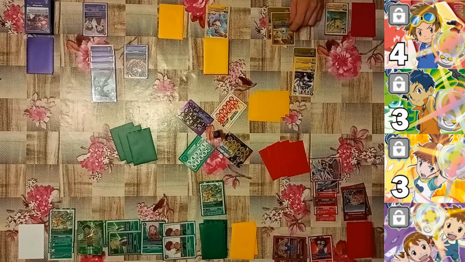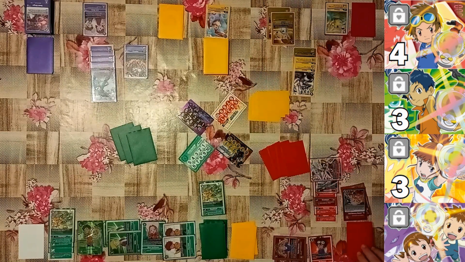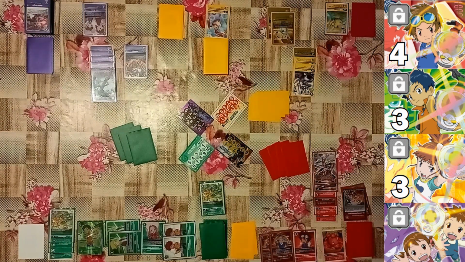Stanislav evolves his Cubimon into a BT5 Taomon and plays another Rika, giving Stanislav 4 memory. Stanislav hatches a Gigimon, evolves it into the Gauntmon starter deck Gilmon,